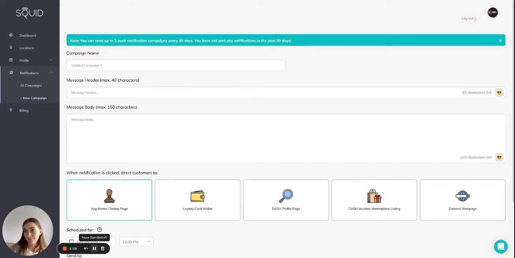Secondly, the message header. This is the first piece of text the app user will see when they receive the notification. It's capped at a max of 40 characters, so the text doesn't get clipped automatically by the phone screen. The best tip is to keep this short, clear, intriguing, so they open up the notification and see the second element,